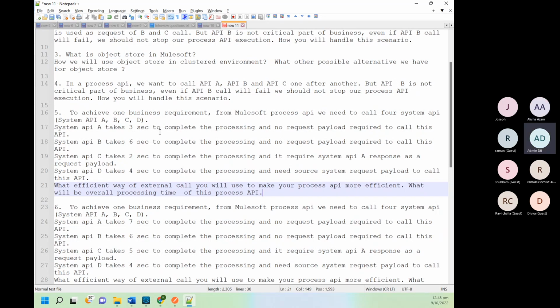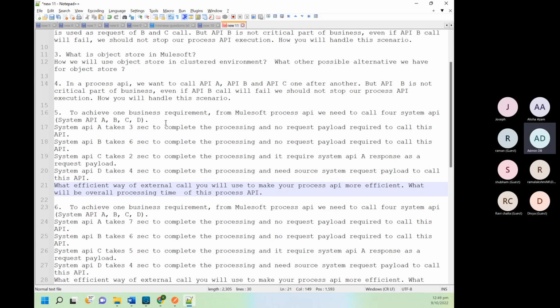Okay, what about others? Total time is 15 seconds to complete the API. Here we are talking about an efficient way.